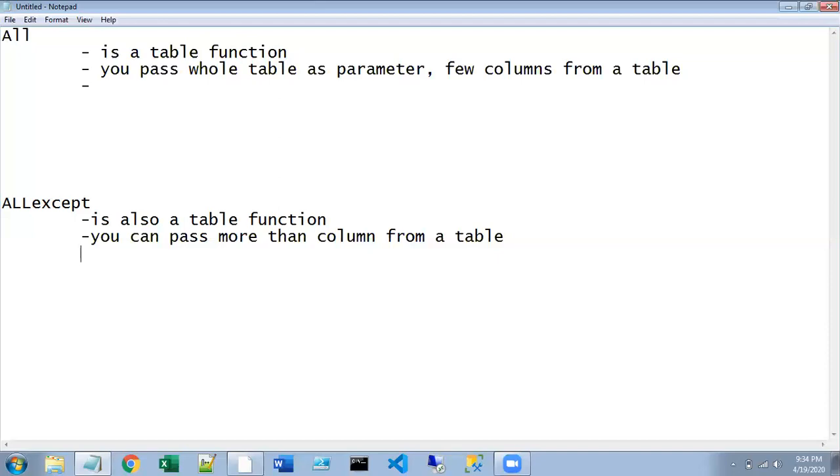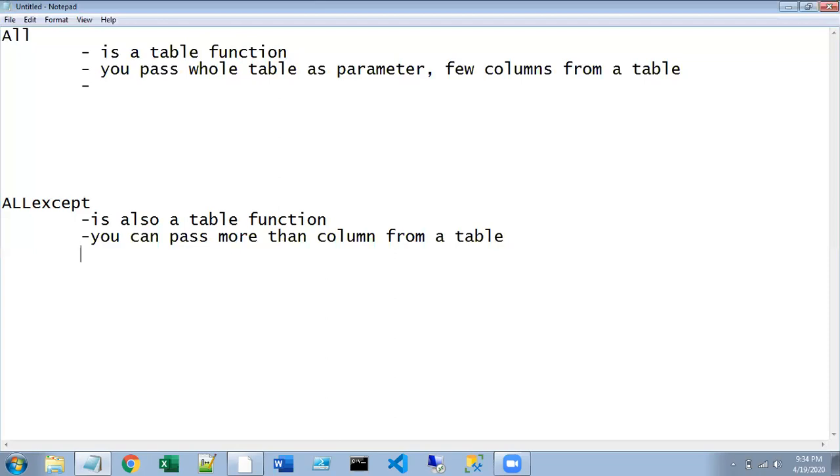If you look at the name itself, it says ALL EXCEPT. So you ignore all the filters from the columns except these columns. I'm repeating it again: you ignore all the filters from the columns except these columns.